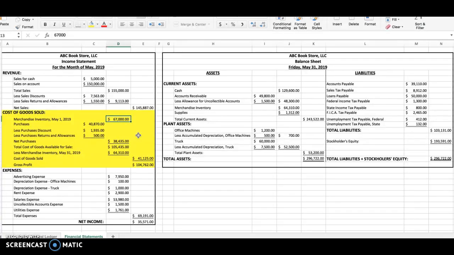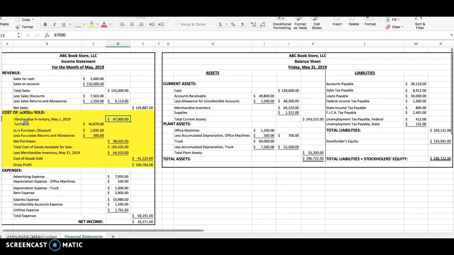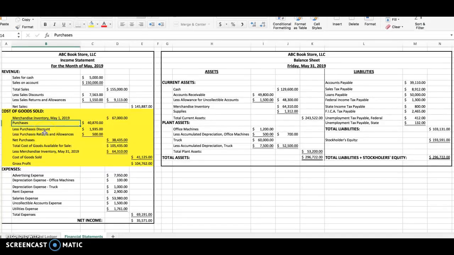Now, in recent problems you didn't deal with this account. You did deal with purchases. You learned about a purchases journal, and we had some problems where you showed purchases on account, and we added to that account in some of the problems. So this number would indicate the amount of purchases made during the month of May. Purchases of merchandise, but that information is put into this account called purchases. So that amount, as we see, would have come from the general ledger, and the amount of $40,870 would have been a debit on the